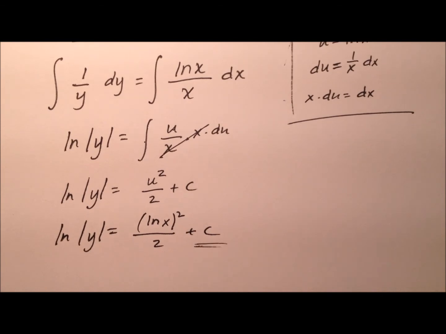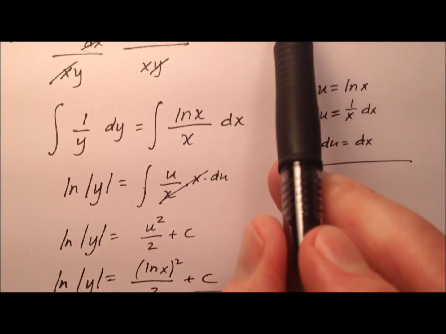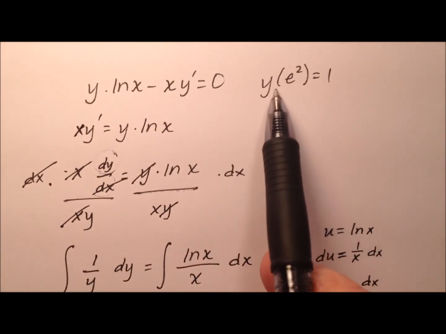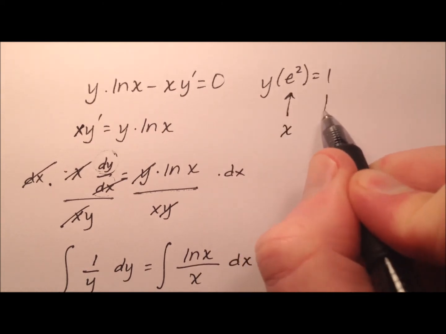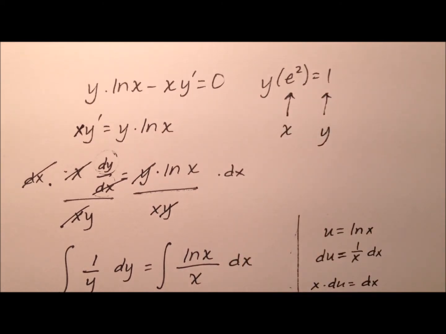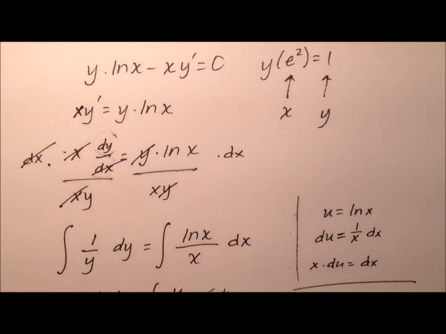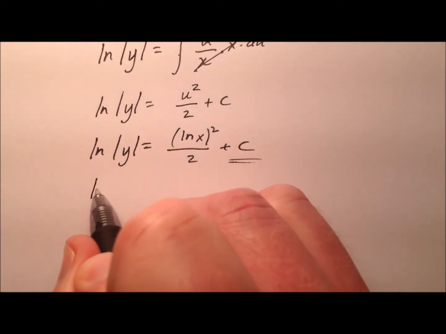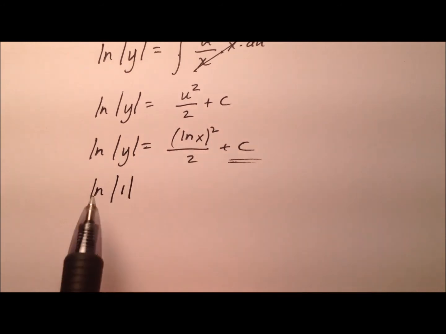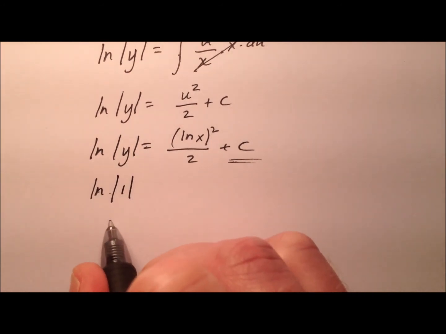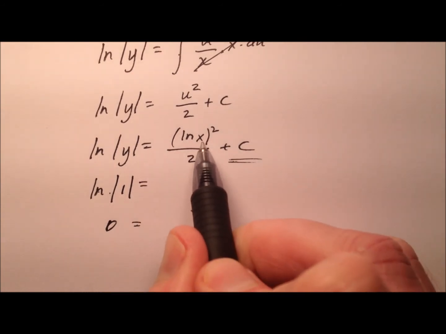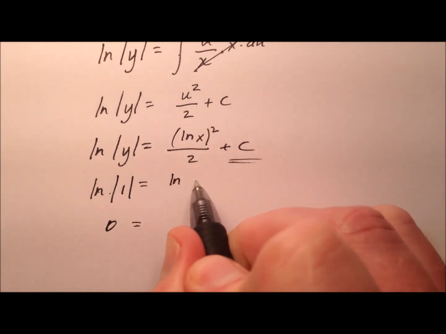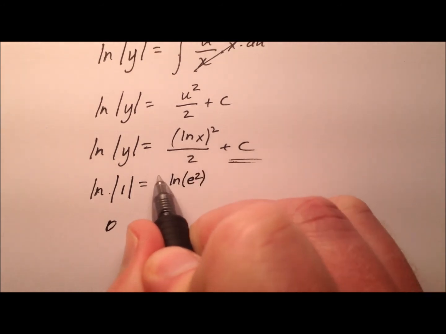Alright, it looks like I'm ready to solve for c by plugging in the values from my initial condition. So my initial condition said that y of e squared equals 1. So e squared should be my x value, and 1 should be my y value. So let's go ahead and plug those in. So if y is 1, then the natural log of 1 is, well, 0. Okay? So that equals, when I put e squared in for x, the natural log of e squared